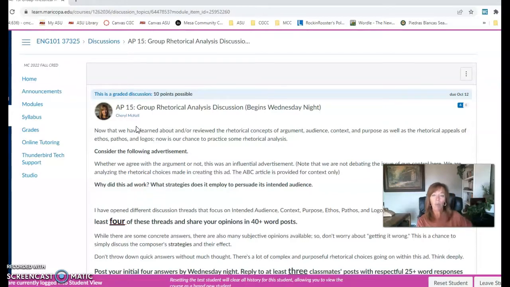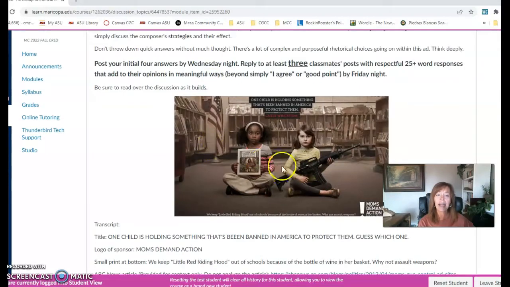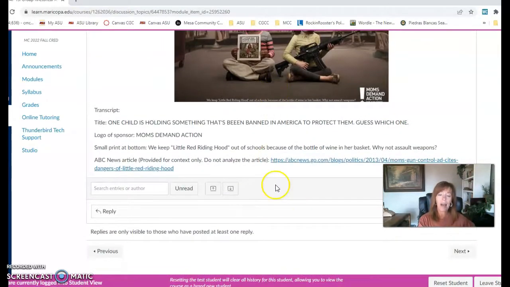What I have here is an advertisement, and it's a very successful and effective advertisement. It doesn't matter if you agree with what's being advertised or not. That's neither here nor there in rhetorical analysis. We're going to analyze how the writers or creators of this ad are persuading their audience. What strategies are they using to persuade their audience? And so I have here,